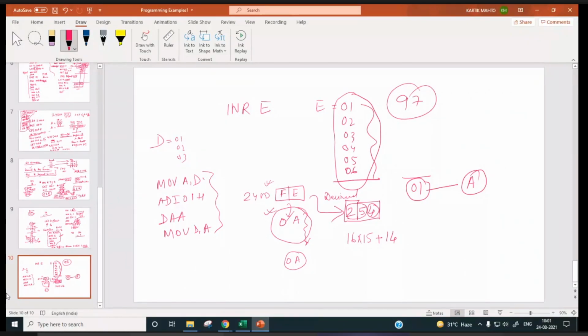So 25 times it will be incremented, right? And whenever you subtract 0A from this content, and the remainder is more than 0A, that time the count will be incremented in BCD. So D register will be 25 and A will be 04.